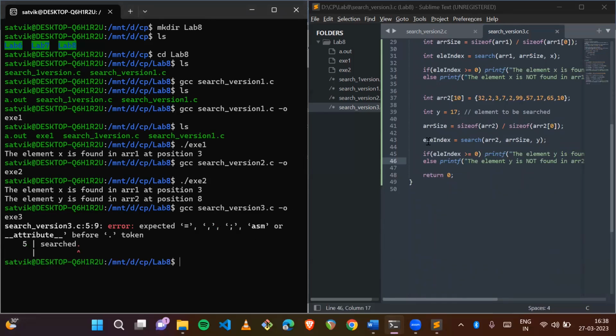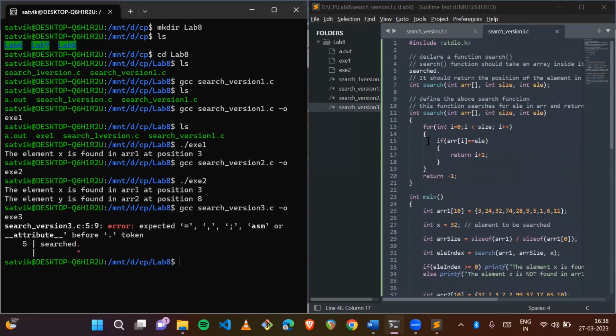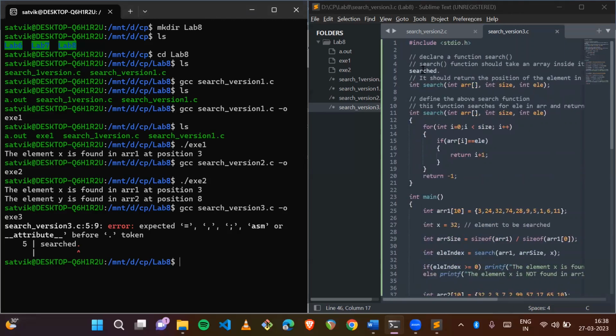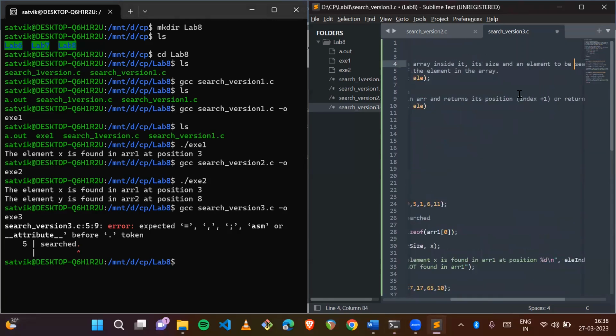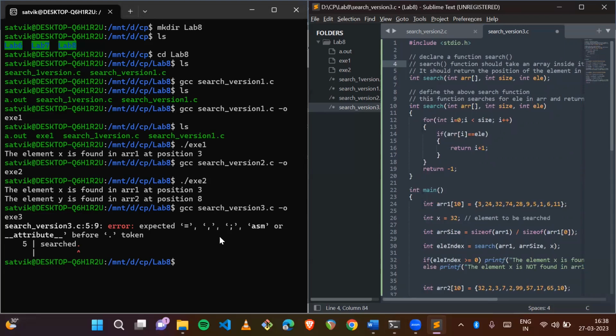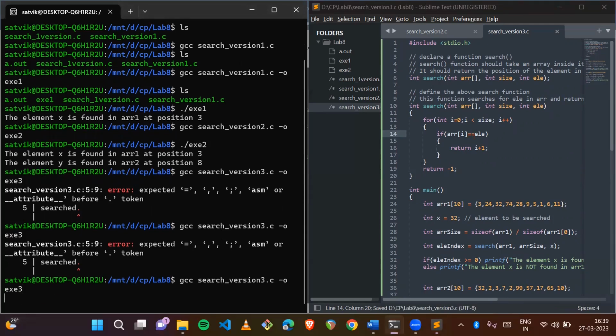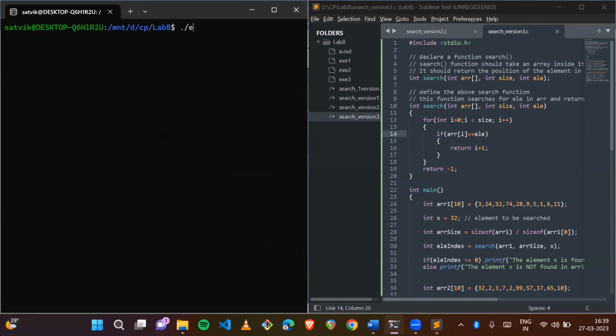Okay, so there is an error in line number 5. So this was a part of the comment, so I'll backspace it. Now it should work. Okay, so I also have to save this. Let's compile this again. It gets compiled. Let's also clear up the terminal a bit, and we'll run the exe3 file, and you can see that the output